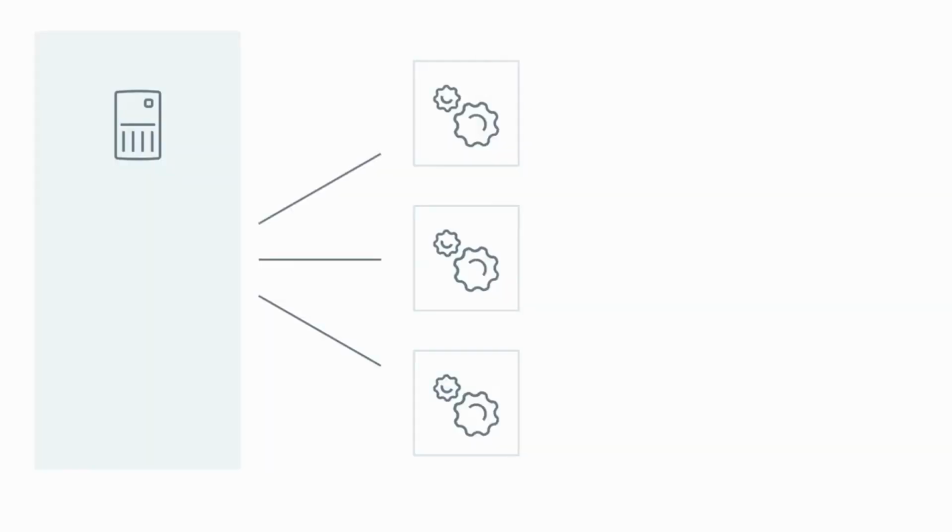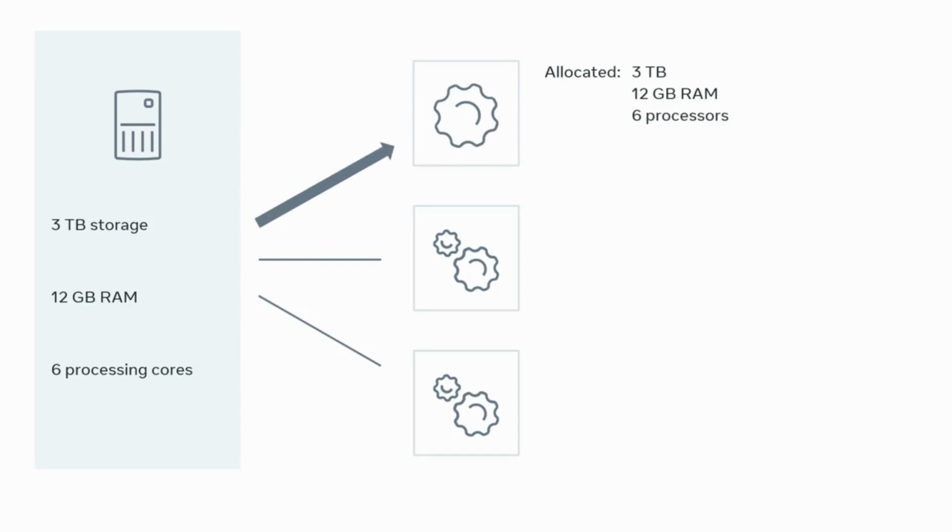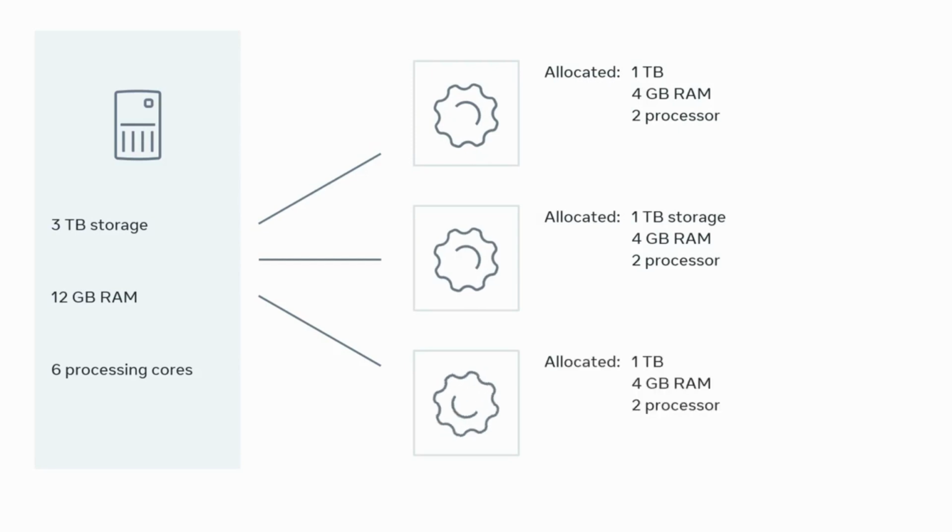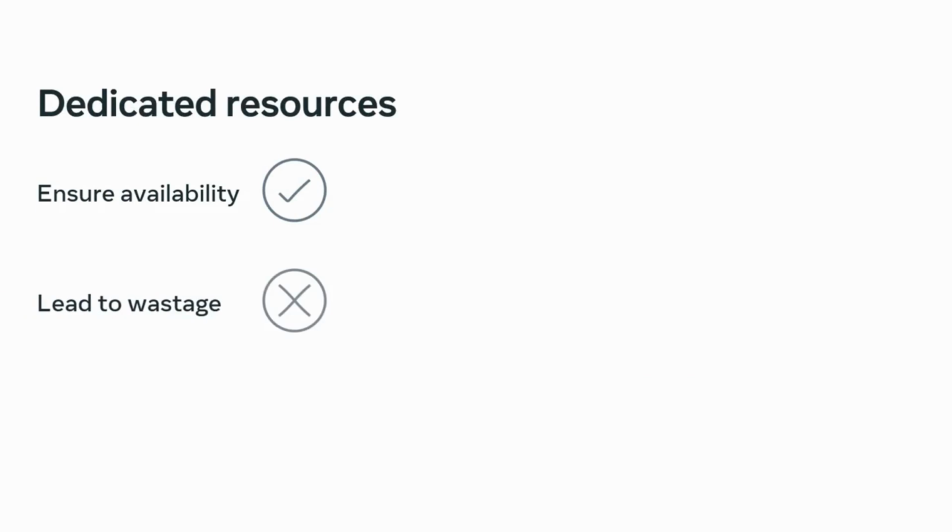For example, a dedicated server with 3 terabytes of storage, 12 gigabytes of RAM, and 6 processing cores can provide its resources entirely to whichever virtual machine might need it. Alternatively, it can be configured to split its resources equally between all virtual machines. If there are 3 virtual machines, each of them can use 1 terabyte of storage space, 4 gigabytes of RAM, and 2 processor cores. But take note, while dedicated resources ensure availability, they can also sit idle and lead to